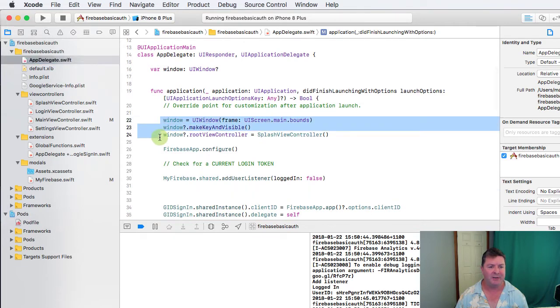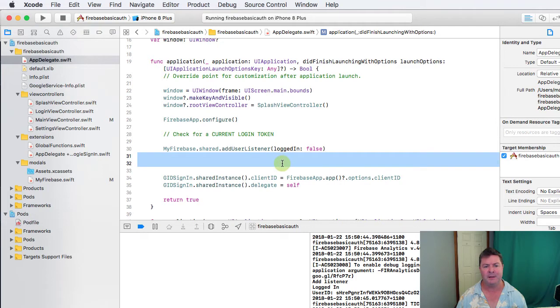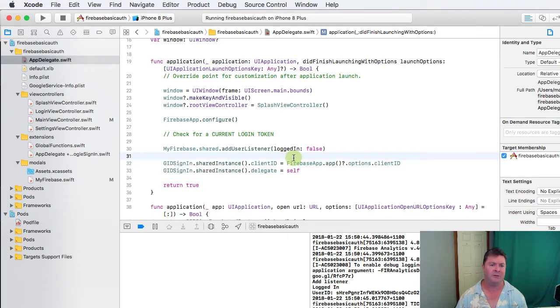So we have our standard 3 lines where we open our Splash view controller at the beginning, and when we are using Firebase, we have to call FirebaseApp.configure, and then what we need to do is we add this user listener, which is in our Firebase database model, and what we are doing is we are listening to the Firebase database to see whether or not we are logged in or not, and